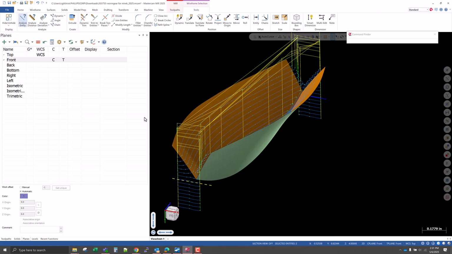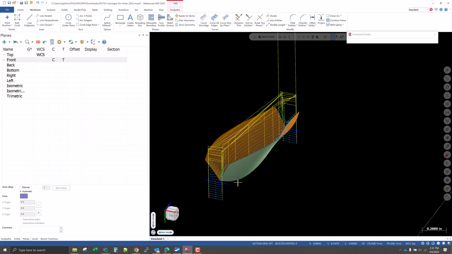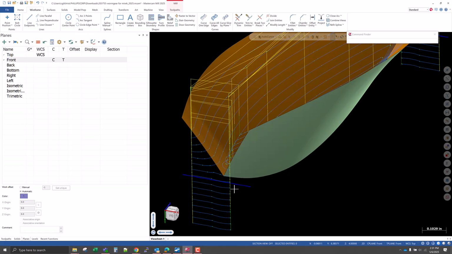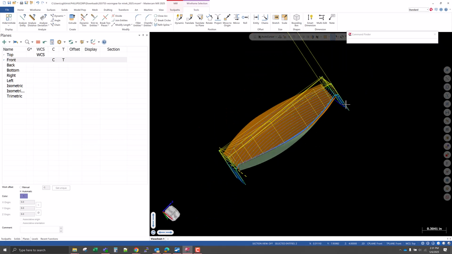Let's make sure. Okay, so they do meet at the same peak, at the same point, which is good. You know, I know the better way to do this: instead of doing this off the surface,